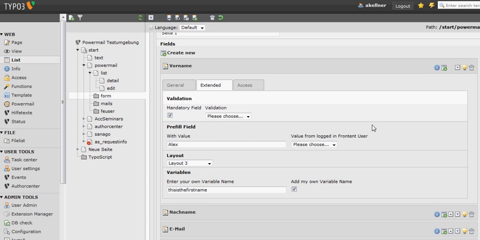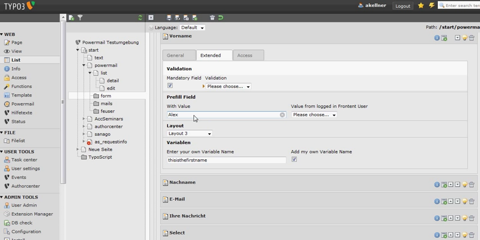The tab extended shows us some additional settings. We can have the validation part. Let's say this field is mandatory on the front end, or maybe this field contains an email, and this will check if the user values are an email with JavaScript and in addition with PHP. We can pre-fill this field with a static value or with a dynamic value from the logged in front-end user. We can say this input field gets a CSS layout, and